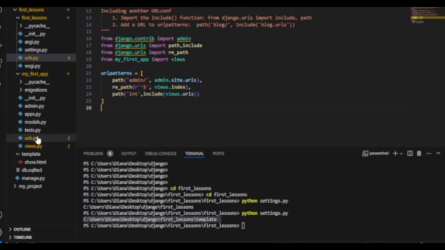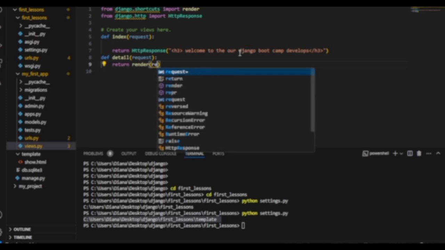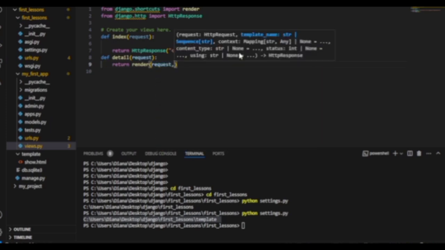I go to my views rather, and then I want to return the HTML. This is how we use render. So render is actually used to return an HTML, while the HTTP response is used to return a straightforward HTML in a string. So first I'll just call my request here, and then the folder that I created in the templates, in the string. The file name was show.html,